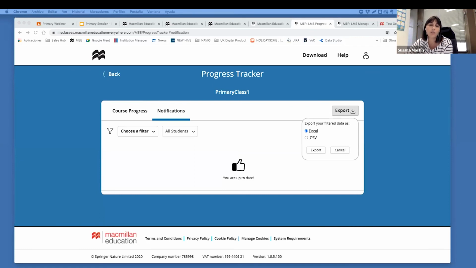And for those of you using Google Classroom, we are working on making our digital content compatible with these tools. What everybody expects when they talk about integration with Google is that little Google Classroom icon that is available in some platforms, which allows you to share the content from the platform directly to your Google Classroom. That is not available on our platform yet, but that doesn't mean that you can't use our Macmillan content with